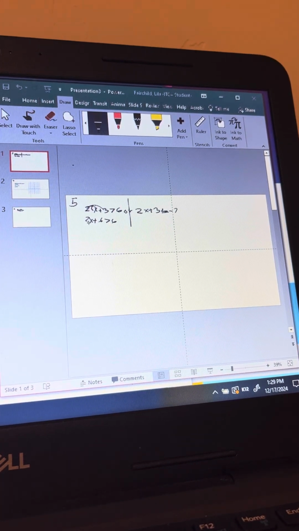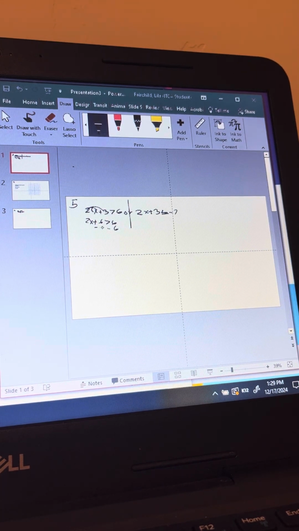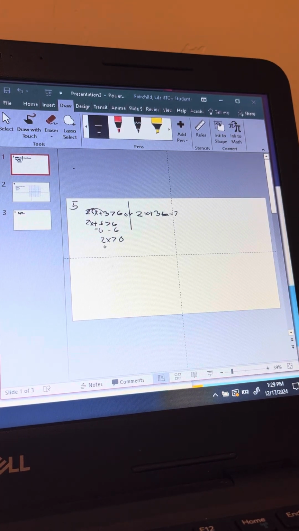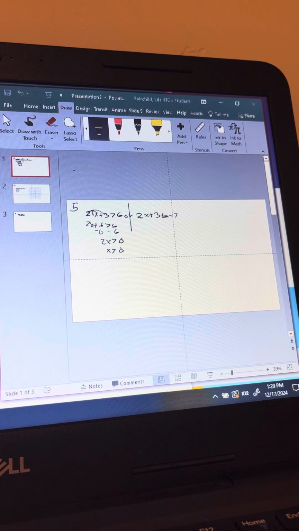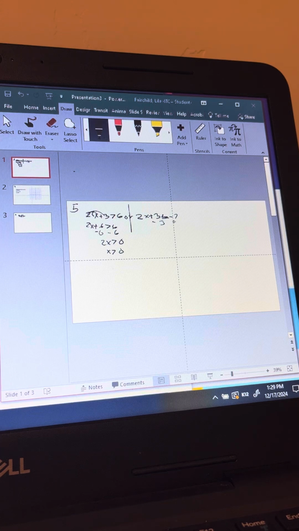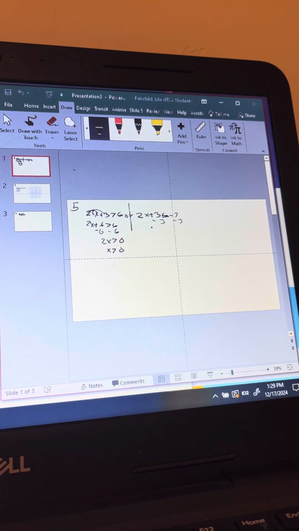subtract 6 from the side. -6, -6, and then it'll be 2x is greater than 0, and then you can make that x is greater than 0. And then for this next part, I'm gonna subtract 3 from both sides, and I'm gonna put in,